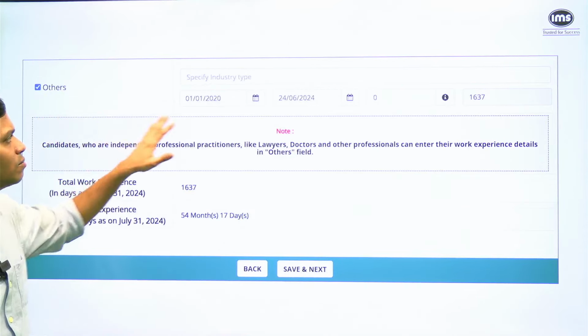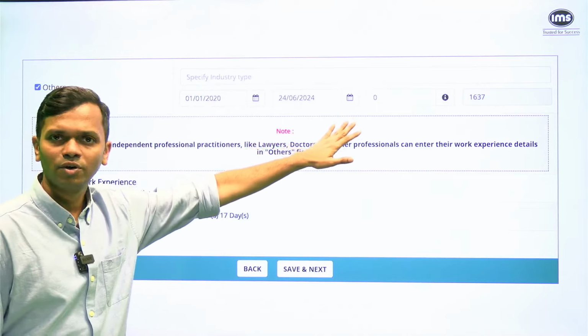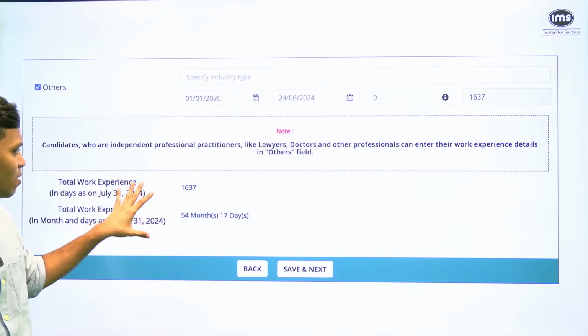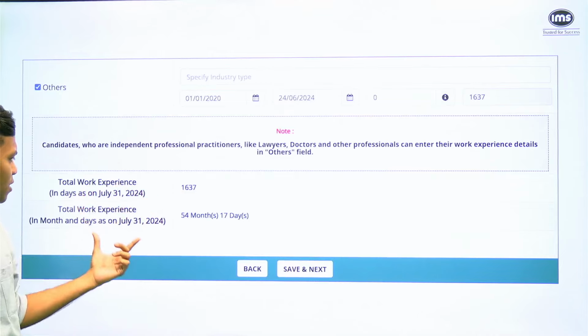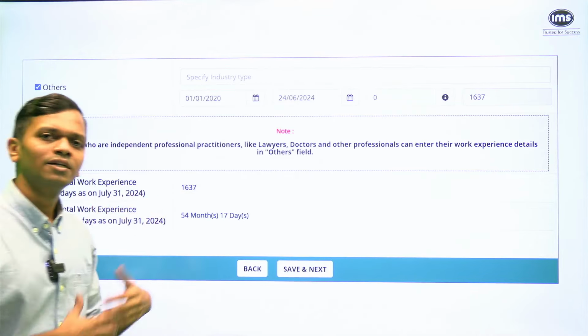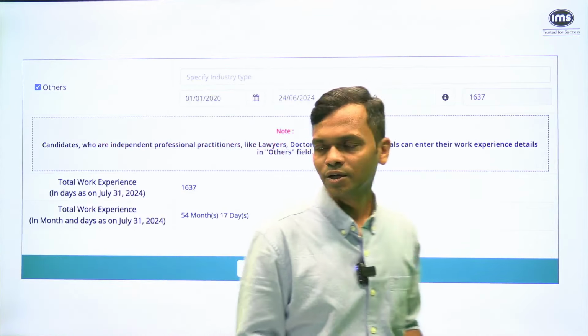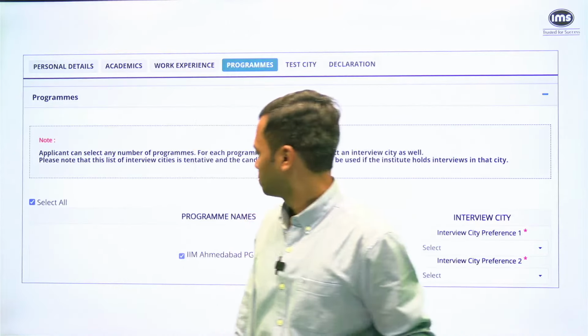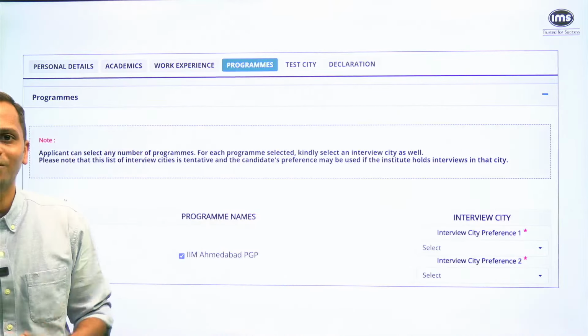You select that, enter start date, end date. If there was any gap, it will auto calculate. Finally, there will be a total, and this will show you the total work experience that the CAT form is going to consider. Okay, let's move on to the next section, which is again very important, which is the